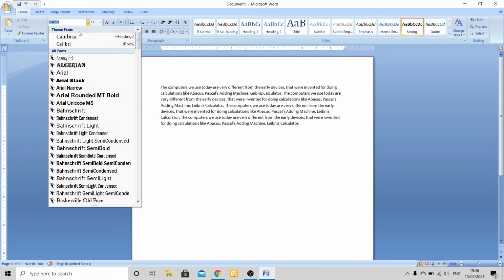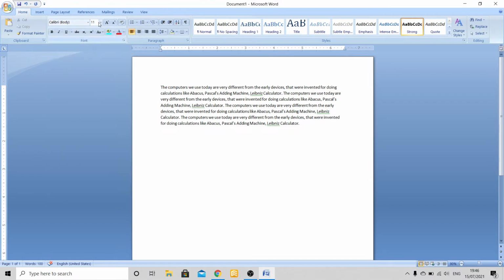Your font size, this is your font size here, correct. Color to text, this is your color to text. Here you can select any color whichever you want for your text, right, and they can be used in formatting headings and paragraphs in the document. Let us see how you will apply that.